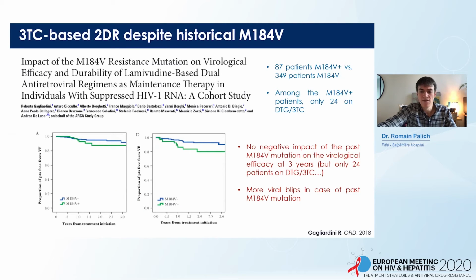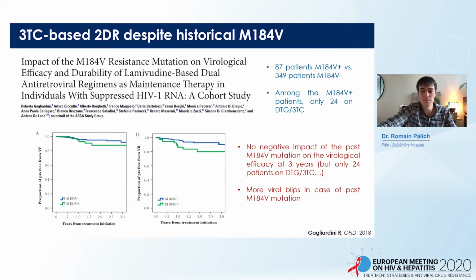The MobiDeep experience has demonstrated that lamivudine, in association with darunavir ritonavir, was able to maintain the virological success, and that was not the case in the absence of lamivudine, in patients who had a M184V mutation in the past in 97% of cases. More recently, that's the slide, our Italian colleagues have showed in a retrospective cohort that this